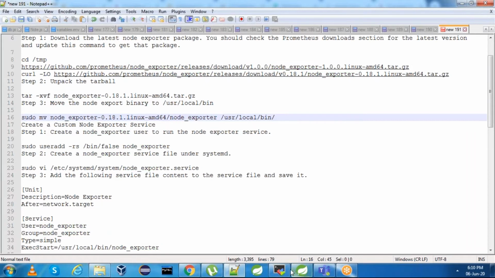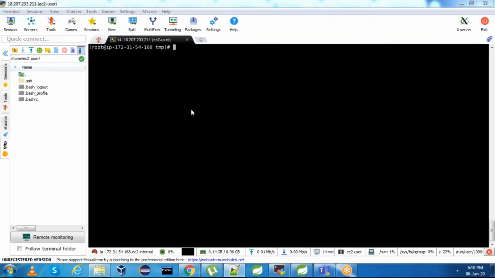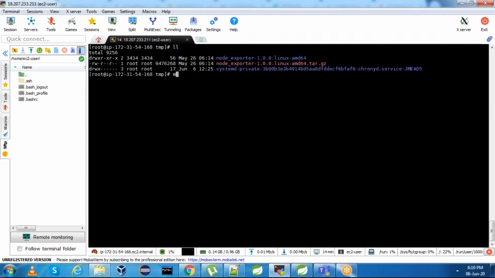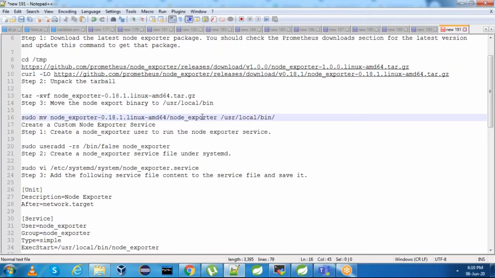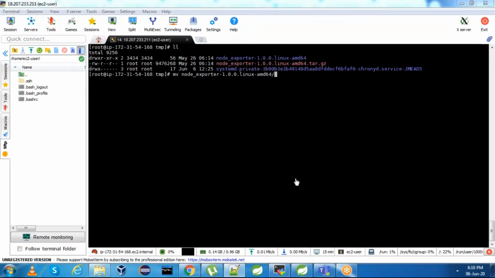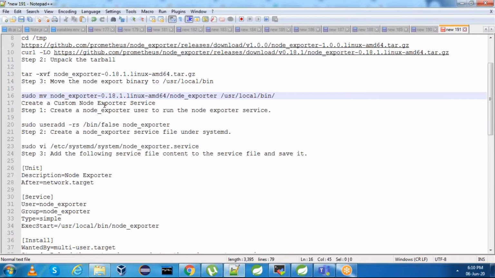Node exporter, you need to move to /usr/local/bin with mv. Under this folder, node exporter is there, and you need to move it to /usr/local/bin. Perfect, this is done.